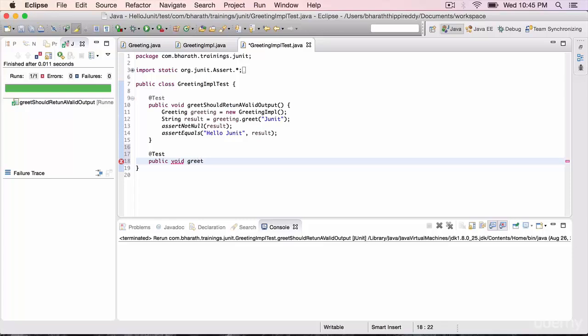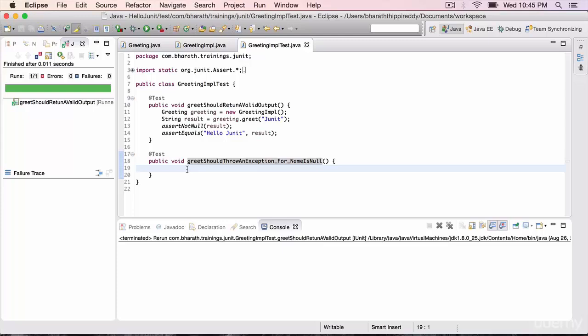So let's say greet should throw an exception underscore for underscore name is null. You can make them as meaningful as possible, because any developer who looks at this test will know what exactly this test is doing and how your code behaves. Tests are a very good way to document your code as well.